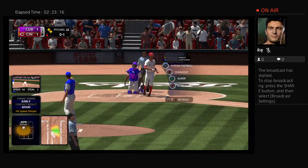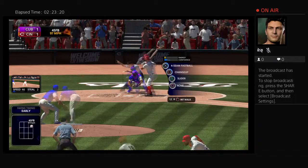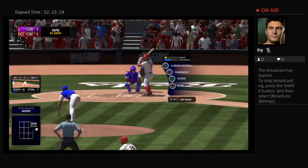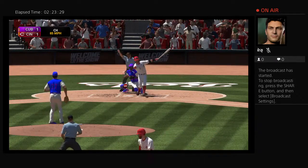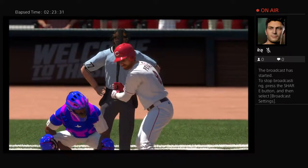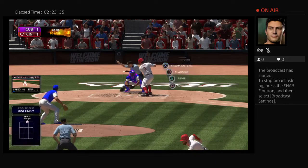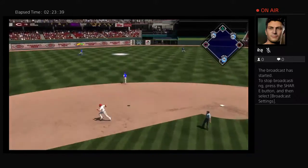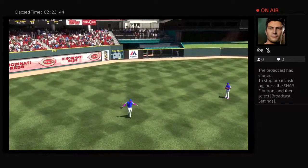Into the corner and slicing foul. The winning run at second, however, the double play in order here. And a half swing here, but this is in there for a called strike 2. Inside, as that perhaps will back him off a bit. 1-2. Swing and a miss on the changeup, and there are 2 gone. From the stretch, here's the pitch. And a high strike there, 0-1. Fly ball out toward left center field. Lind over to his left. He makes the catch, and the winning run is...